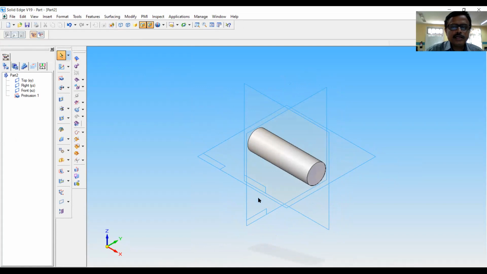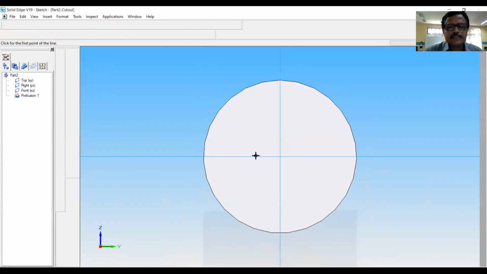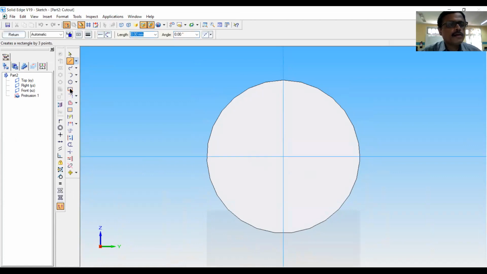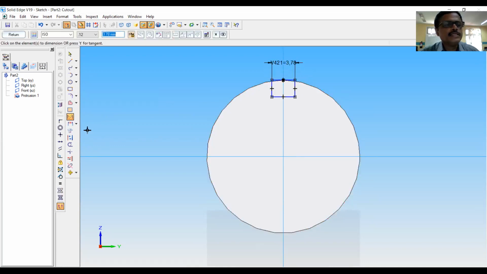Now I will cut the keyway here for the shaft. Go to cutout option. Select this surface. Draw the rectangle and connect this midpoint to here. Now smart dimension this, let it be as it is.